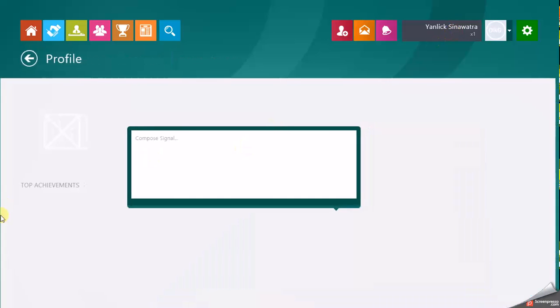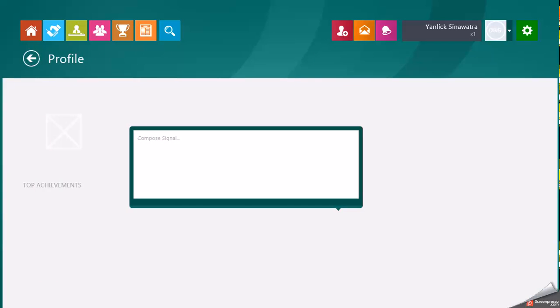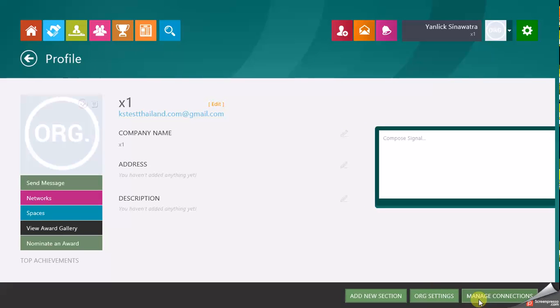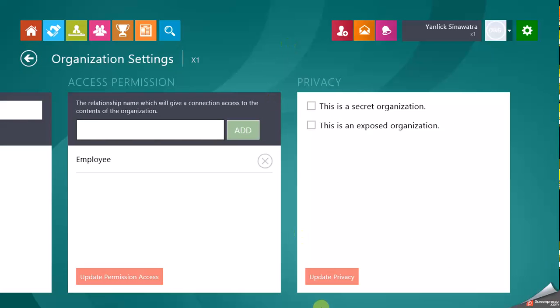We can do this from the organization settings homepage, as the admin of that organization. If I click org settings, then we'll have a new section here labeled privacy. In this section, if I mark this organization as an exposed organization, then this organization will be available for searching